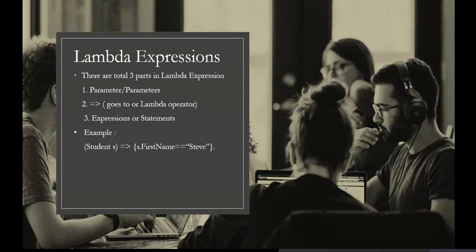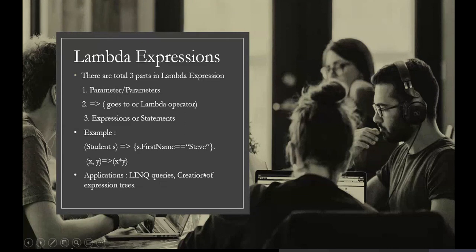In the example, my parameter is of type Student. Even if I write only s, it will be okay, no problem, because the type will be identified automatically. But still, when we think about the method, initially we always need to give the type. That's why I gave Student s goes to s.FirstName equals Steve. So I'm just doing the comparison whether the first name is Steve or not for the object. Or as I showed, here I have not mentioned the types, then also it will be valid.